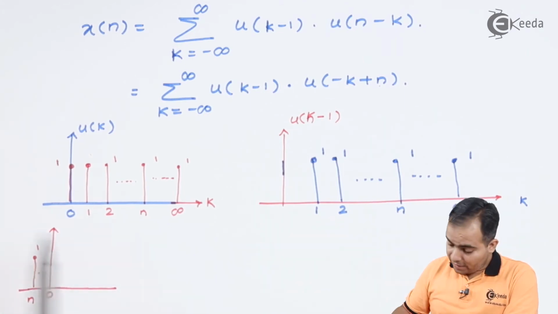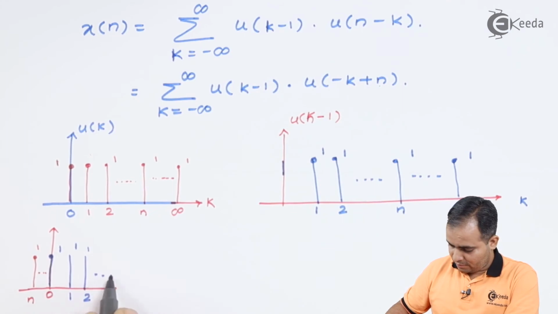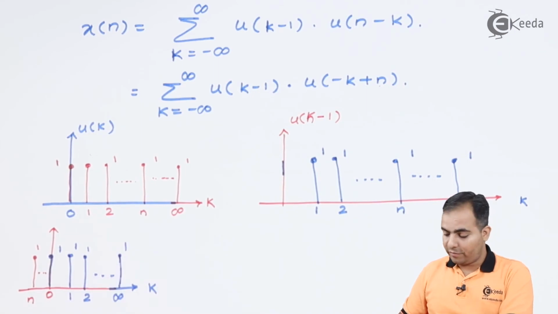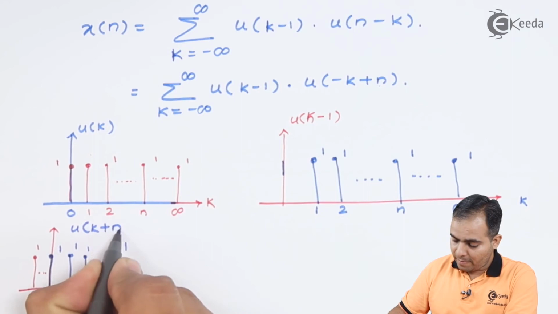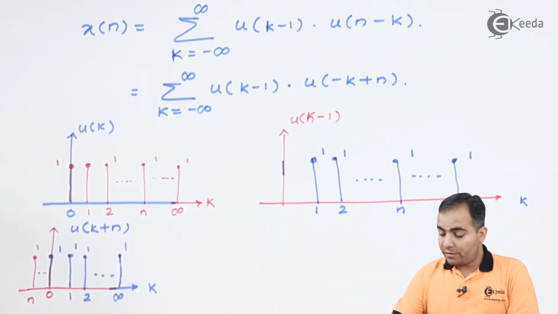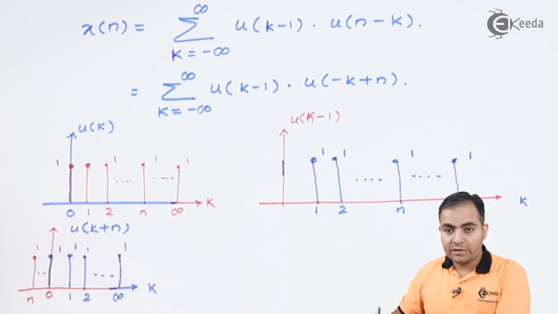Now it will continue till infinity and it is also having amplitude 1, and this is the graph of u of k plus n. But if I draw the mirror image of the same, the mirror image of this equation is